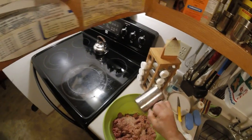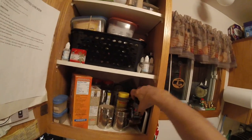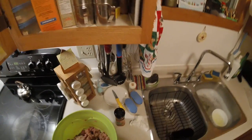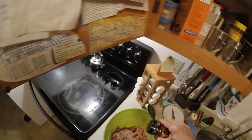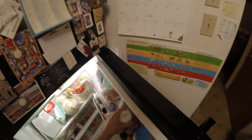We're just going to add a little bit of pepper here, and could give it a nice little bit of heat, tiny little bit of heat with a little bit of chipotle stuff. I don't want to add too much of that. And then we're going to go with our old standbys,